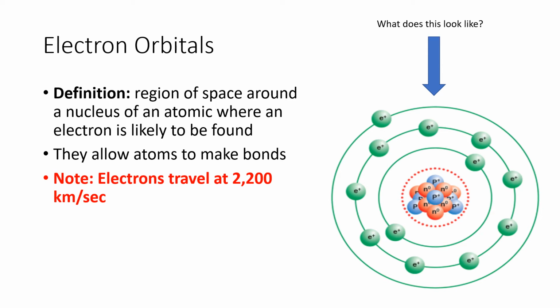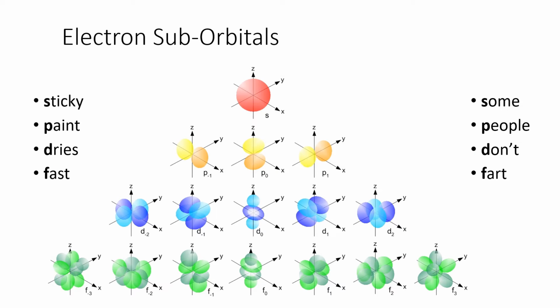Just FYI, electrons can travel at 2,200 kilometers per second, so it's pretty fast. When you look at this, it should look familiar. It should look like Bohr's model with the nucleus in the middle and the electrons in orbits. So there are different suborbitals, S, P, D, F, and the reason I'm showing this is